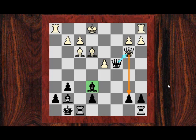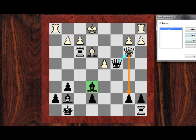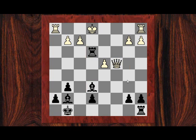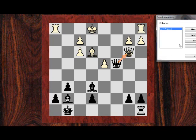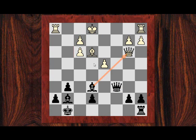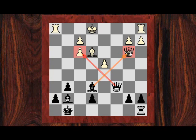Okay, rook takes f3. Now Botvinnik apparently had missed that after queen takes c4, he's actually got the intermediate rook takes e3 and it's check. And that's a very important thing to take note of if you're going to do this positional sac, because you don't want the queens coming off. So if the queens are not going to come off here and white has to play g takes, then we've got double pawns, king's still in the centre, and black can play queen c6 now. So not only attacking the queen, but also attacking f3. So the queen has to go back to a passive square, say d1,